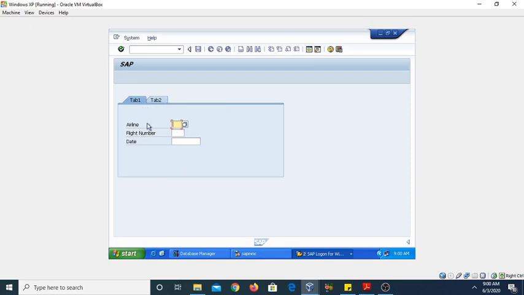On tab 1 we have the screen elements from SFLIGHT. On tab 2 you can see other elements. Now if you want to select data from the SFLIGHT table and display it on tab 2 on the basis of a selection condition on airline and flight number, we can do that also.